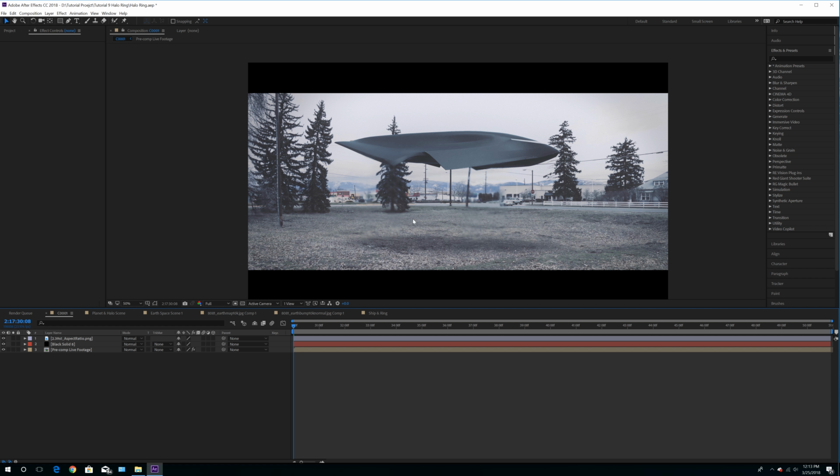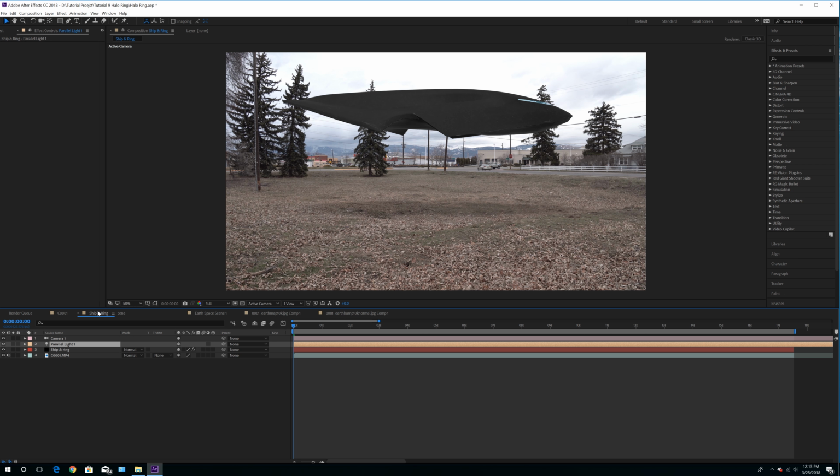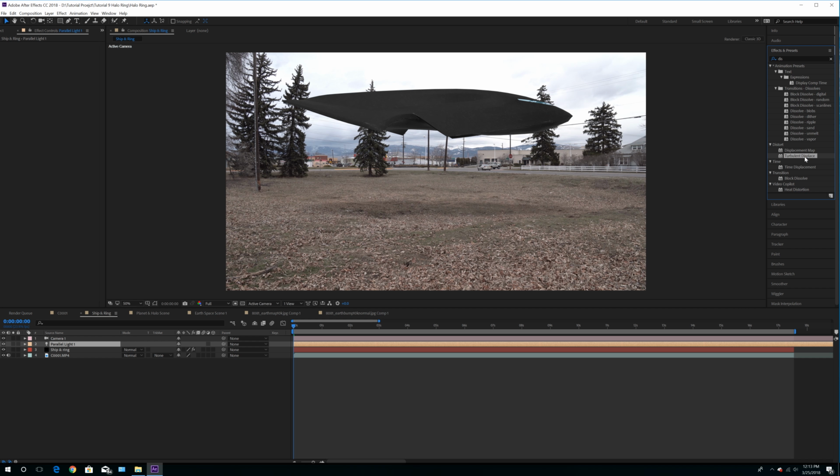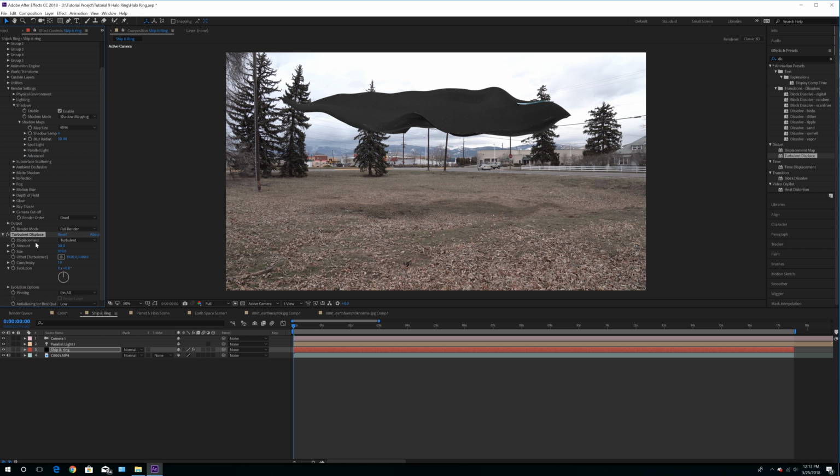Okay, now you might be asking yourself, hey man, how did you create this very cool heat distortion here? All right, two ways you can do that. So one, you can use a displacement. I believe it's turbulent displacement. Let me double check just to make sure. Yep, you can use that to create the heat